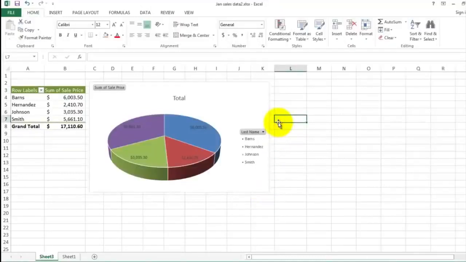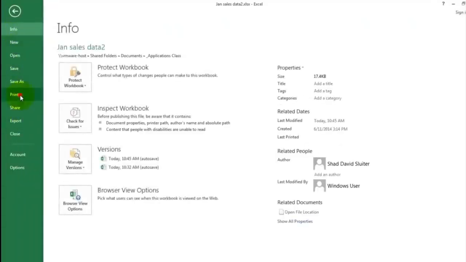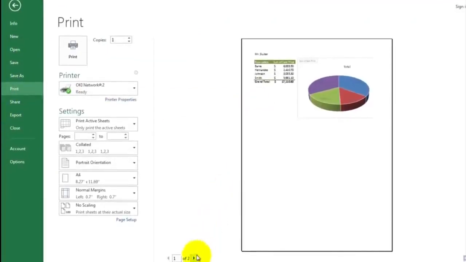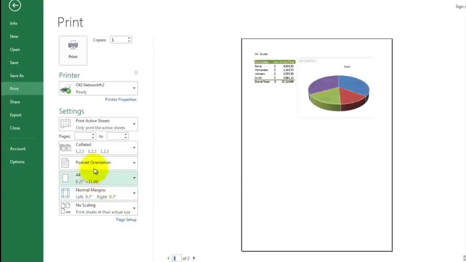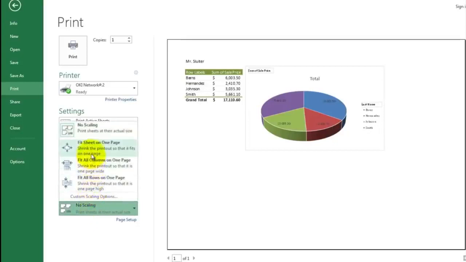Now the last thing we should do is print a worksheet. So let's put your name up here and then print this page. When you go to print, make sure that it fits on one sheet. So I choose print. You can see in the preview that I have two pieces of paper here. It's not really necessary to have two. Let's make this a horizontal landscape and let's condense this to one page